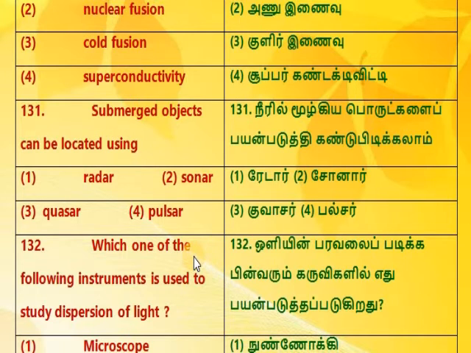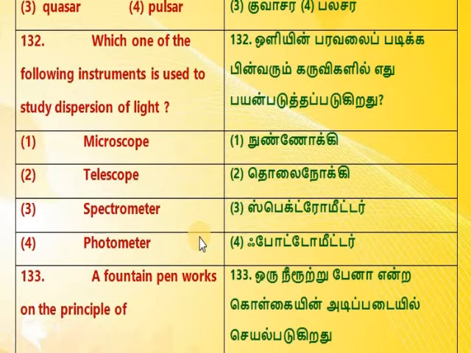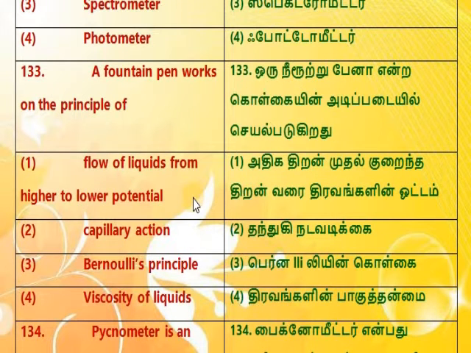131. Submerged objects can be located using: 1. Radar, 2. Sonar, 3. Quasar, 4. Pulsar. 132. Which one of the following instruments is used to study dispersion of light? 1. Microscope, 2. Telescope, 3. Spectrometer, 4. Photometer. 133. A fountain pen works on the principle of: 1. Flow of liquids from higher to lower potential, 2. Capillary action, 3. Bernoulli's principle,